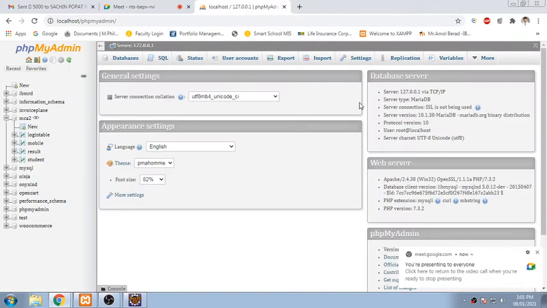In this database you'll see different types of tables we have already created. There is a login table, and then a mobile table.